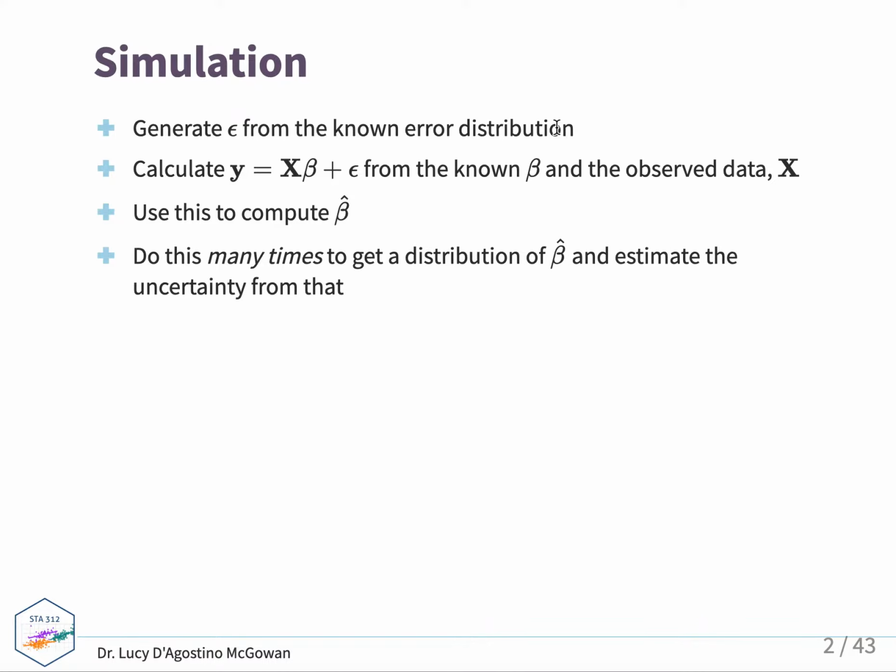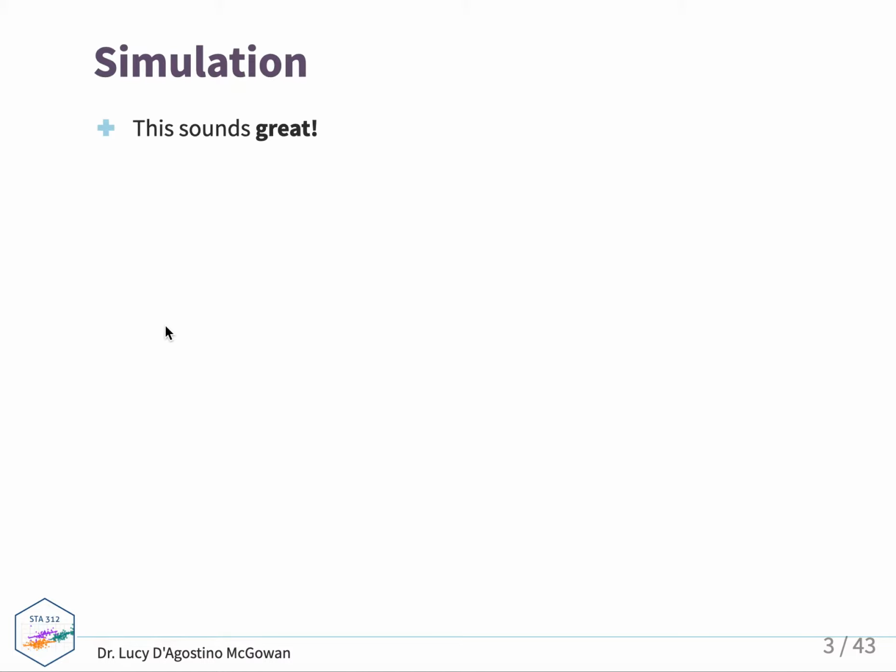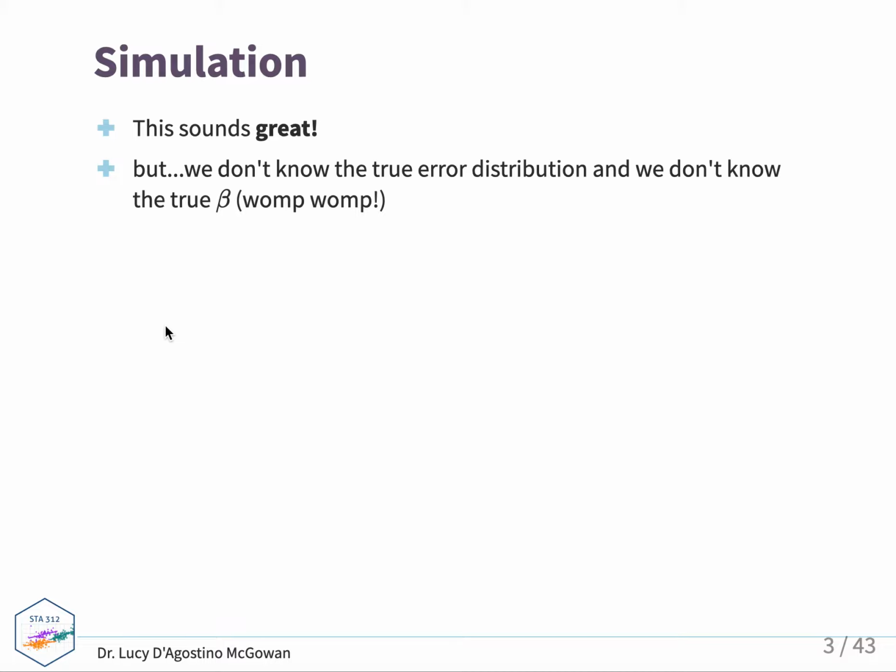You could do this many times, and each time you do it, since you're pulling from the known distributions, it's similar to sampling from a population many times. We would expect to get slightly different answers every time, but we could use that to construct a distribution of our beta hats, and then estimate the uncertainty from that. So this is an ideal situation, a simulation setting, for another way that we could construct uncertainty. It sounds great, but the problem is that we don't know a lot of pieces